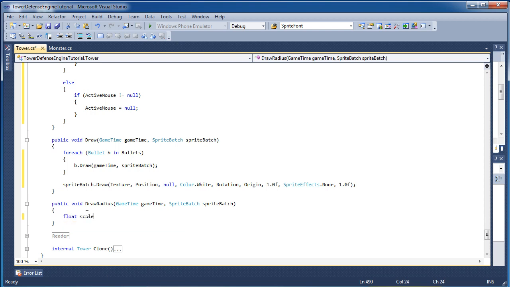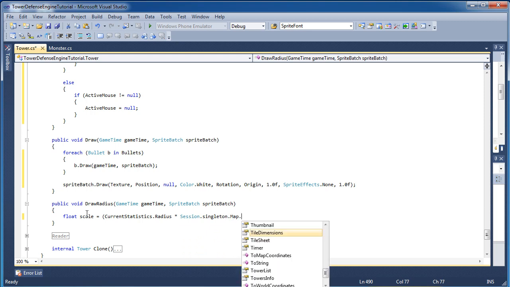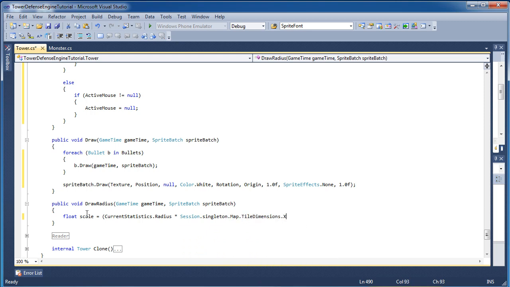float scale = (currentStatistics.radius * Session.Singleton.Map.TileDimensions.X) divided by (float)radiusTexture.Width;